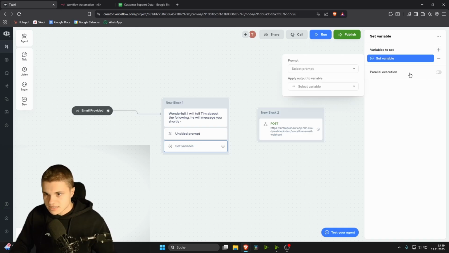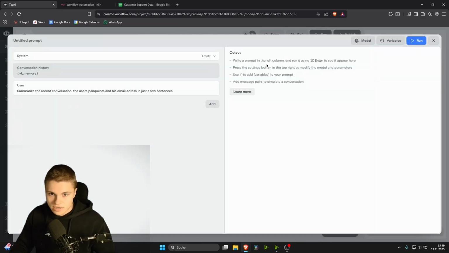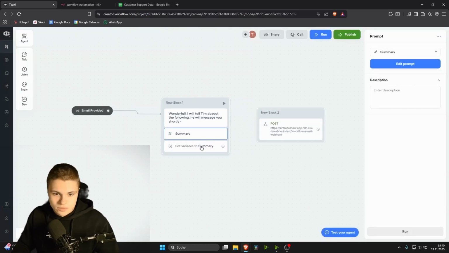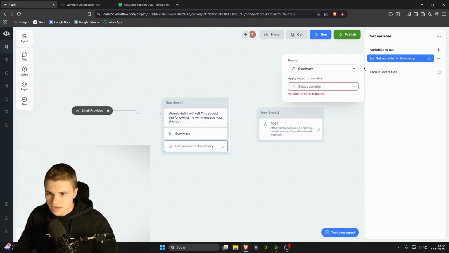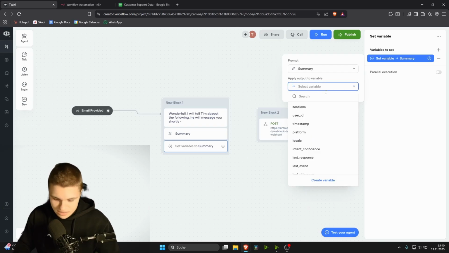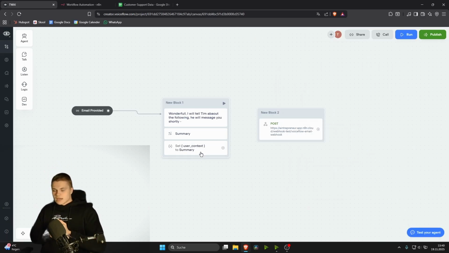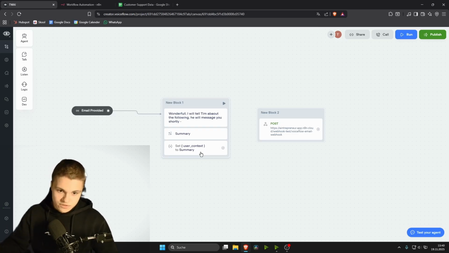Hit the little plus icon and say prompt. And the prompt is the untitled prompt. And we can title this as well. Edit prompt, untitled prompt, summary. Okay. So we can set this to summary, and the set variable we need is user context. So now we have this variable, we will save the summary that we just have from the conversation into user